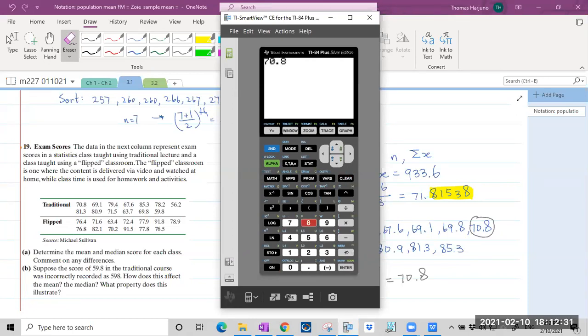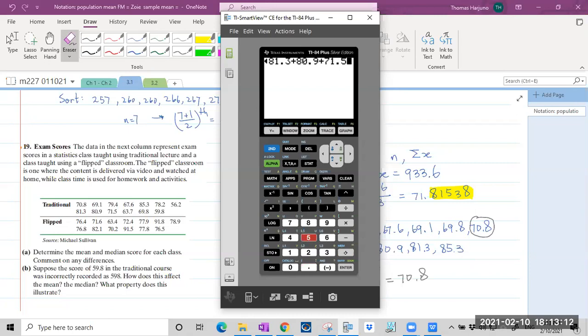I will add the first row first: 69.1 plus 79.4 plus 67.6 plus 85.3 plus 78.2 plus 56.2 plus 81.3 plus 80.9 plus